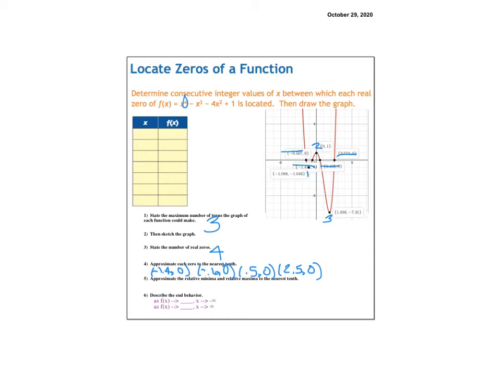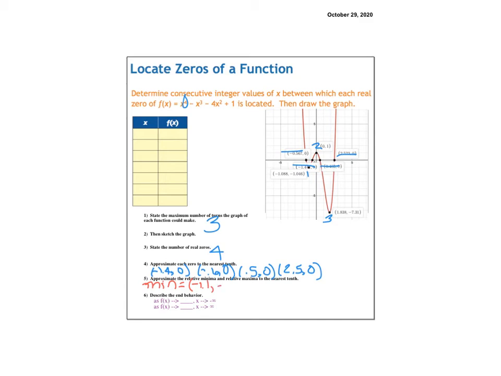So the next thing we're going to look at is the relative max and relative min. So again, those turning points. So we will have 2 relative minimums here. I'm going to write those both in. All right, and you can have more than one. So our relative minimums are at, again, rounded to the nearest tenth, negative 1.1,